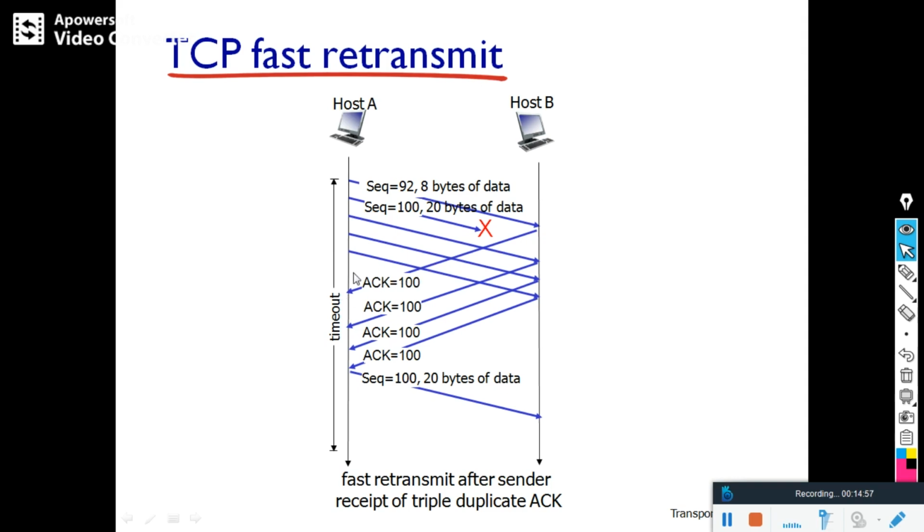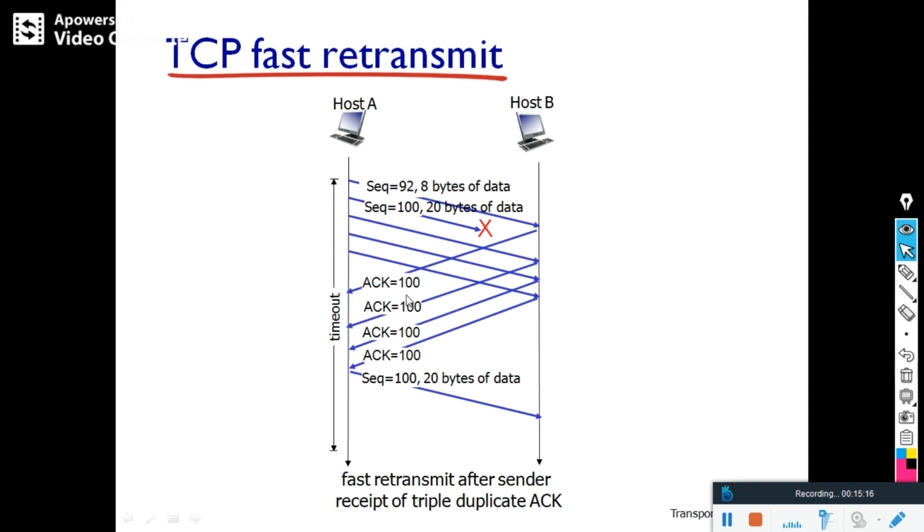Host B is giving acknowledgement saying send me 100. That is the first acknowledgement. Then second acknowledgement, once again, send me 100, I have not received 100. Third one, send me 100, I have not received 100. Why 100 is not being sent here is that timeout has not occurred for 92 itself.